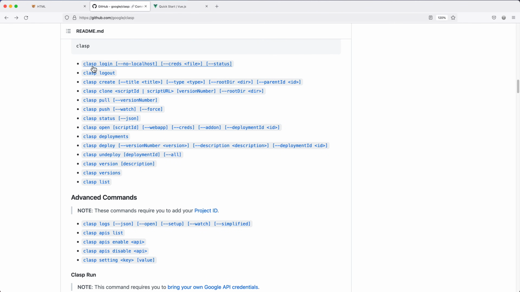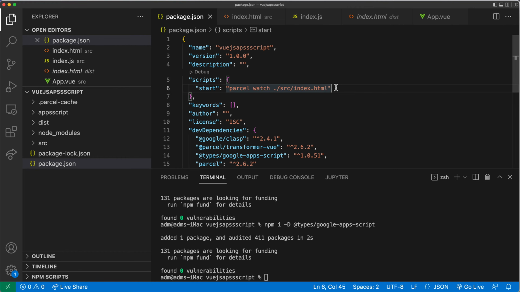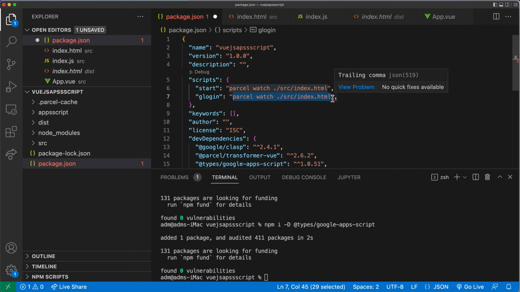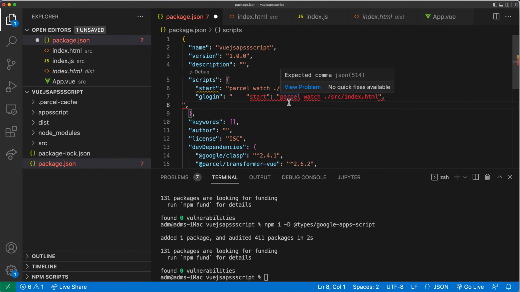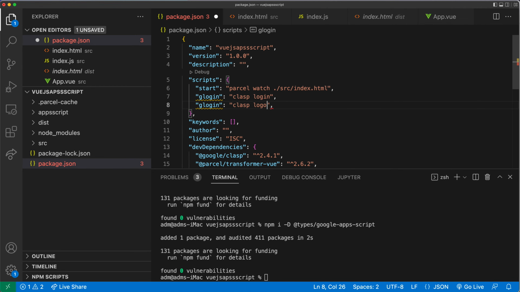I'm going to scroll down and do the login and logout commands. So one is going to be clasp login. The other one is clasp logout. So copy that, go to our package.json file, scroll up, and in the scripts section, let's just copy paste this. We'll do glogin to get this to log in, and I'm going to paste it here. Oops, that's not what I wanted. So that's going to be clasp login. That's what it should be. Copy paste logout. So that's login, logout for